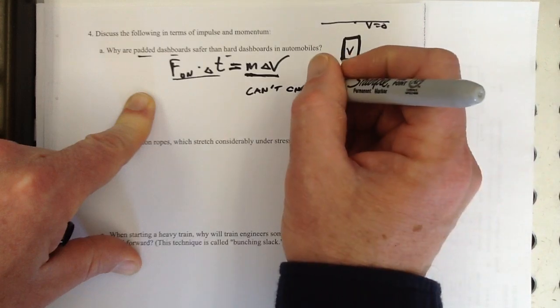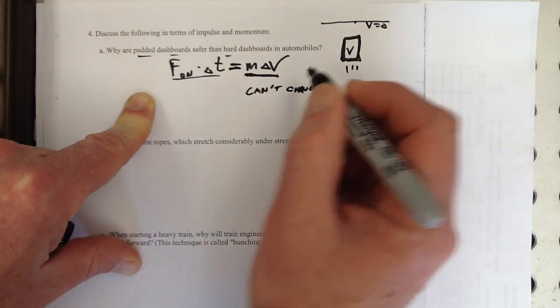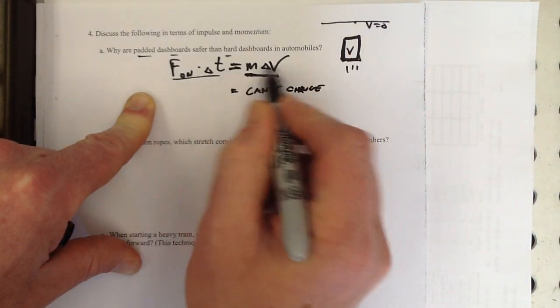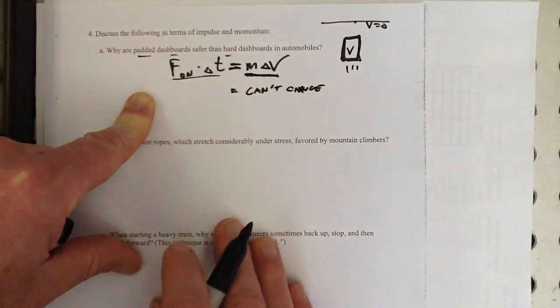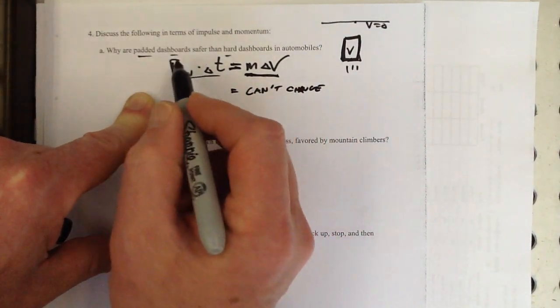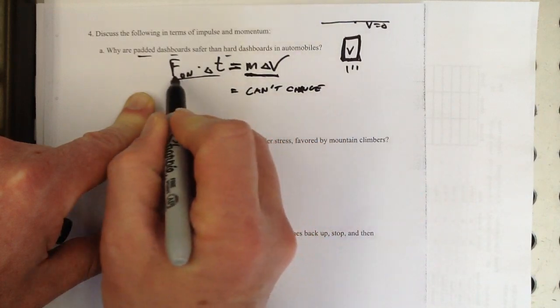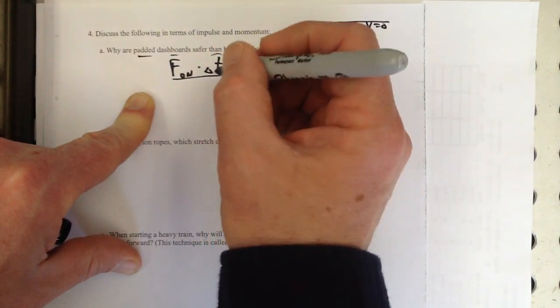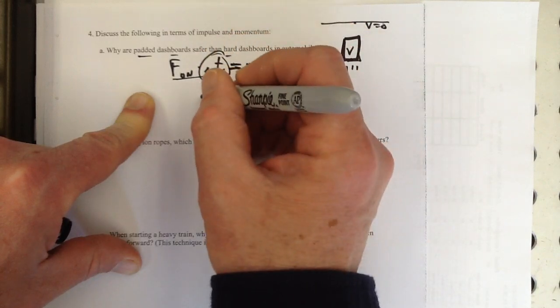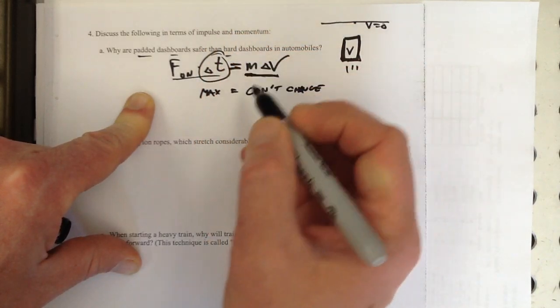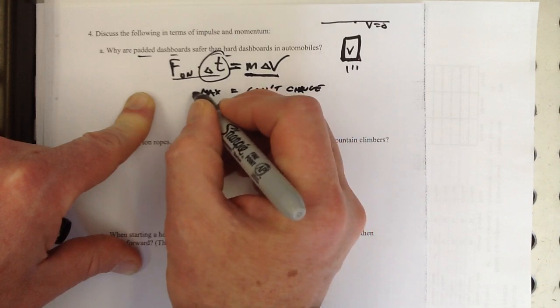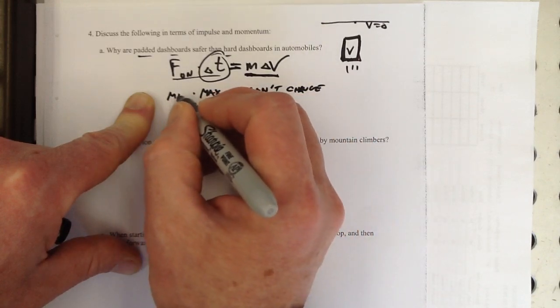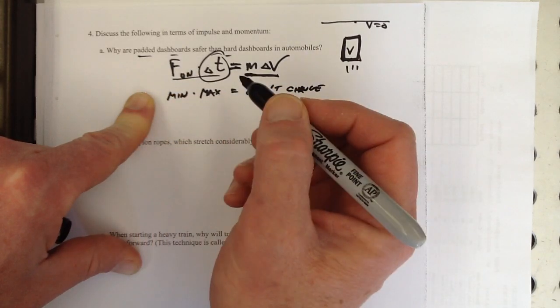From the point of view of the car safety engineer, that is what it is. How about on this side? What can you change? Well, we're trying to manipulate these things. You can't directly affect this. What you can try to do is maximize the amount of time here, so that will minimize the amount of unbalanced force.